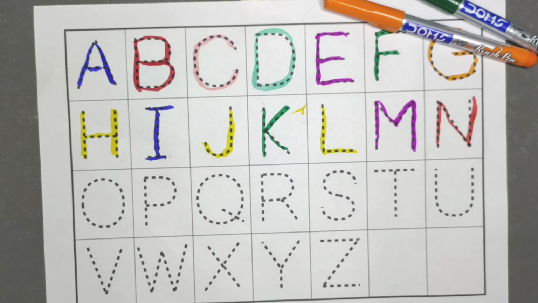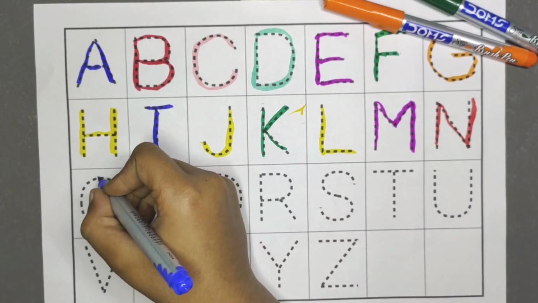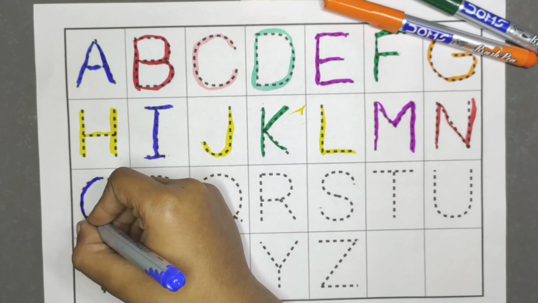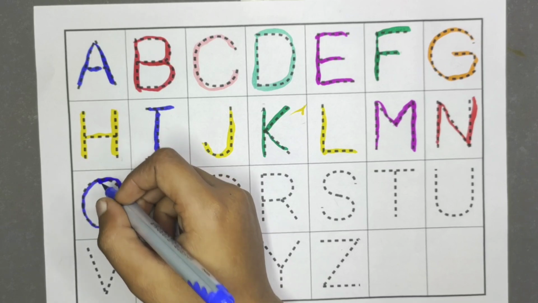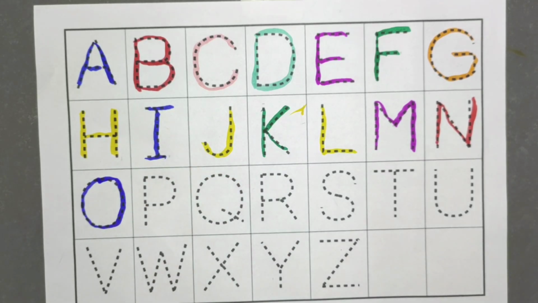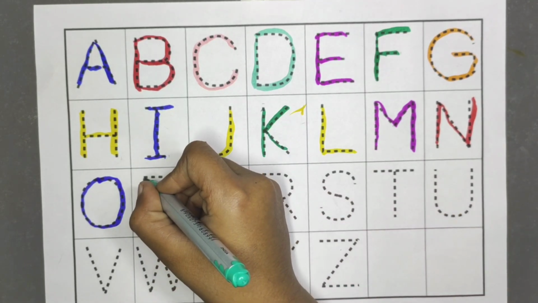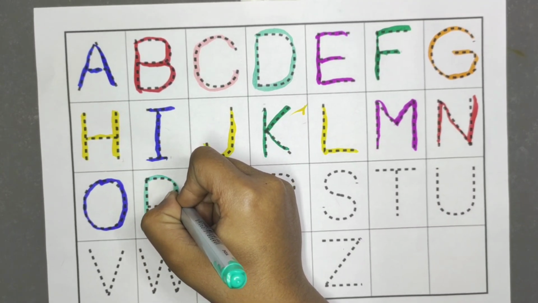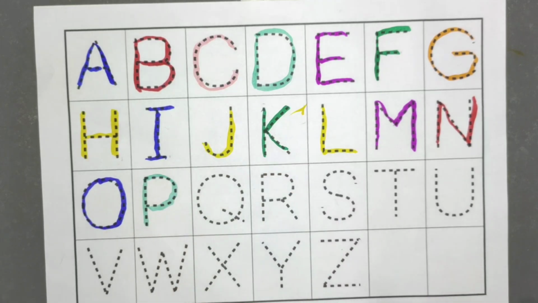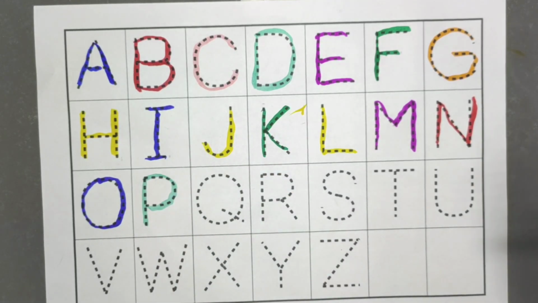ये है N for nest। ये है O for orange। ये है P for parrot।